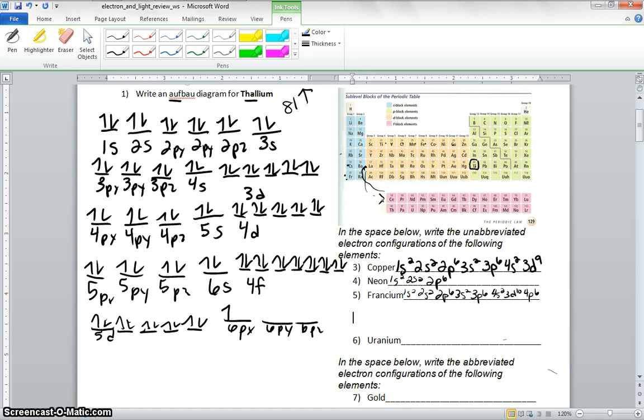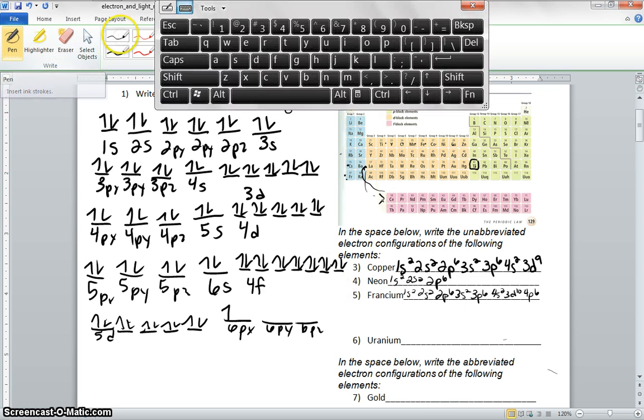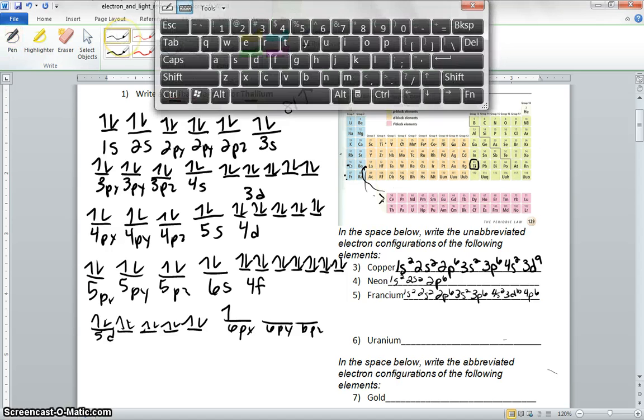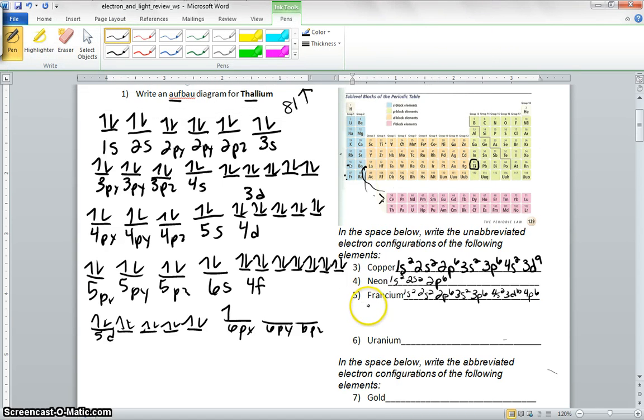Good. 4p6, yep. So that's going to go to 5s2, yep, 5s2, 4d10, 5p6, 6s2, which shifts us down to 4f14. Then it'll be 5d10, then 6p6, and then